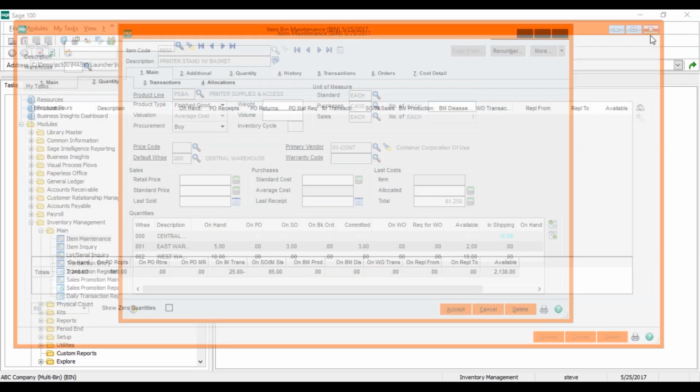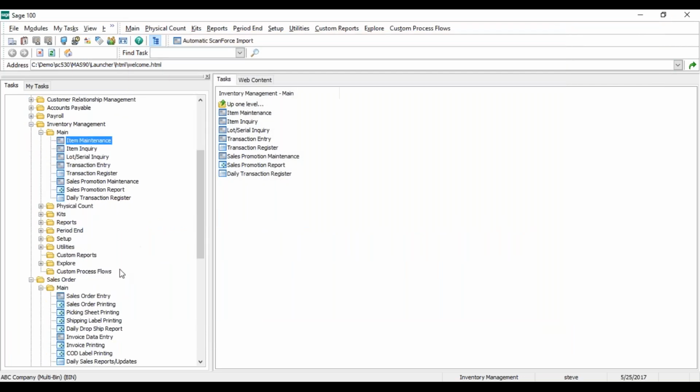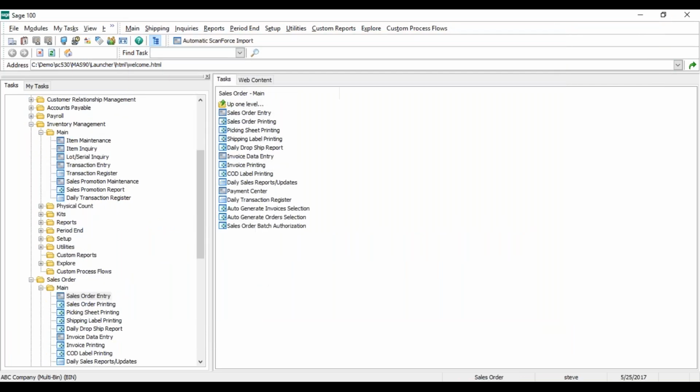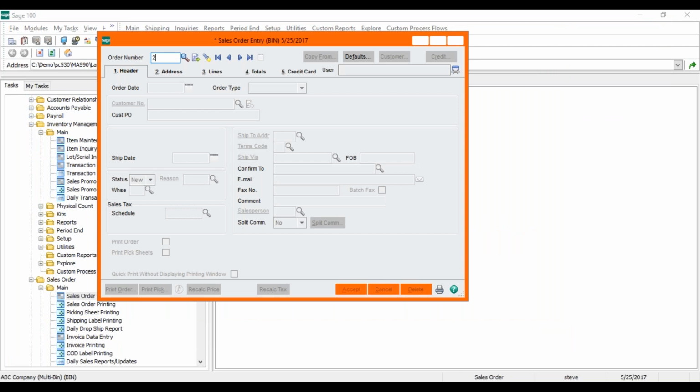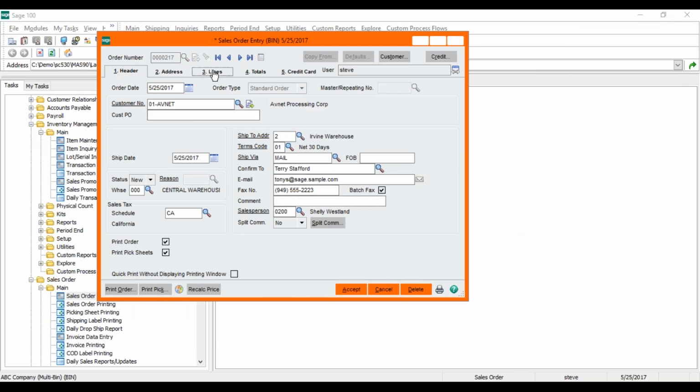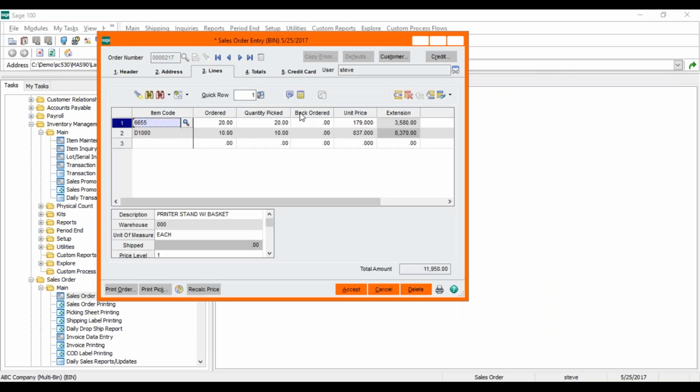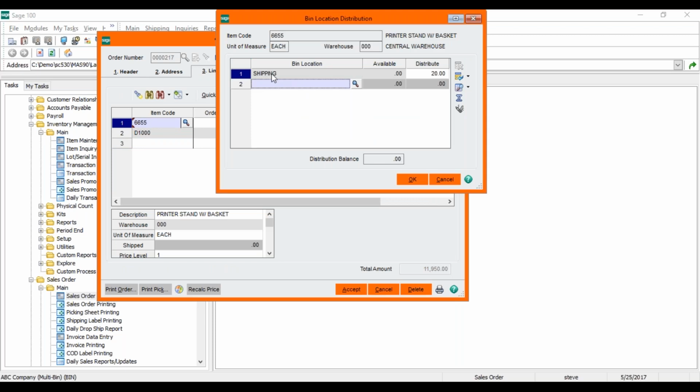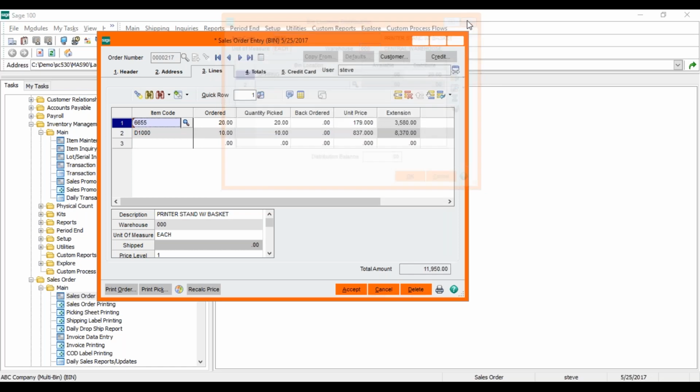The other thing it does is it'll actually write back to that sales order, and it's going to reallocate that bin for us. So when I go into lines here, and we check out these items, it's now allocated to shipping. So this gives you that complete visibility as far as what's happening with an order, which ones have been staged, which ones are ready to go out, which ones are in the process of being shipped. And another place that we show you that is